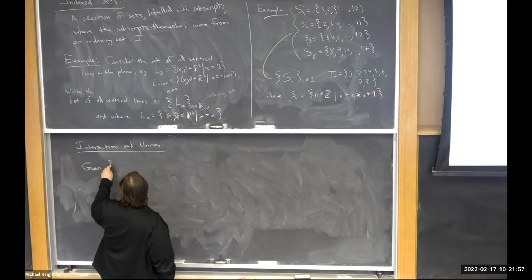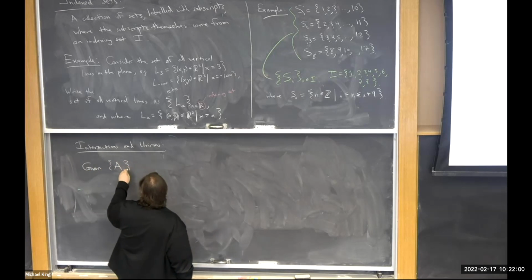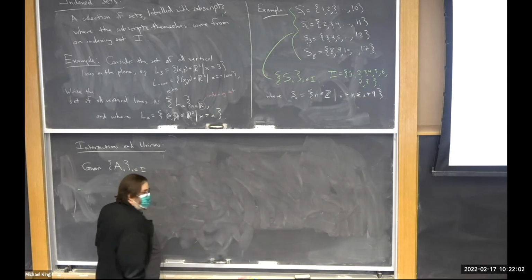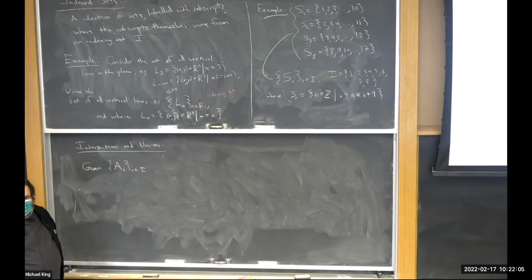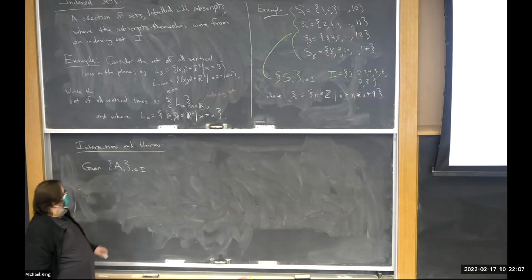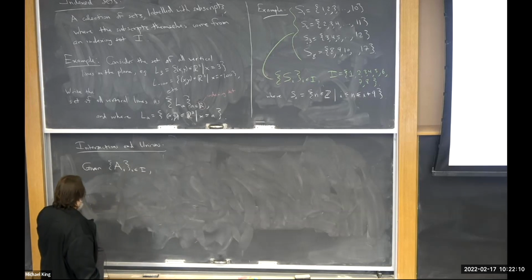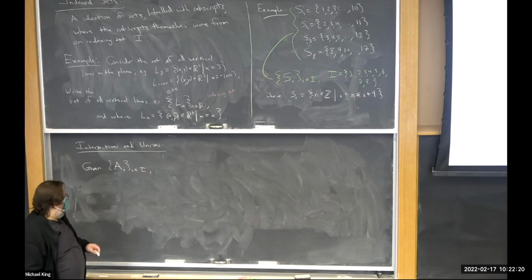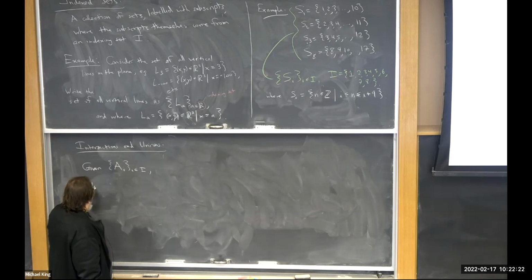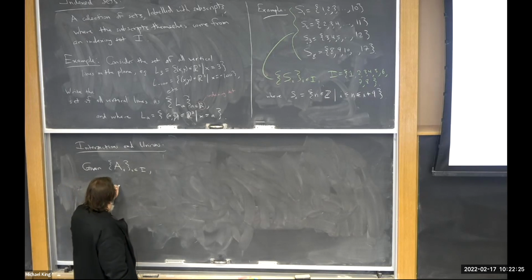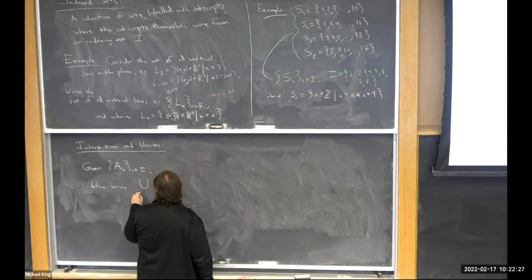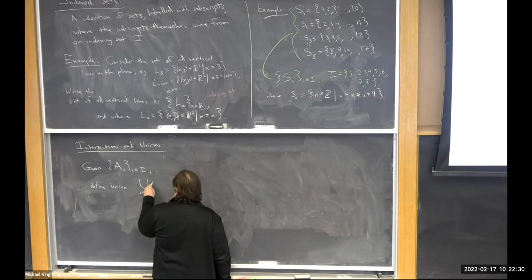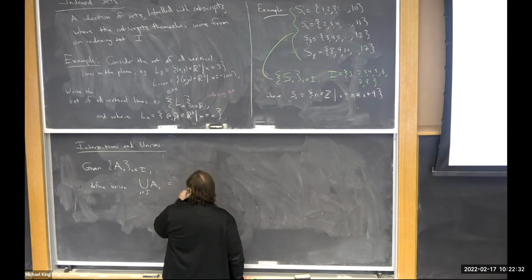So given some abstract set of index sets, the sets A sub i, where i is in I, we can define the union. And what we do here, it's kind of like summation notation where you use that big sigma for the pluses. There's a big union symbol, so we define the union, and we use this kind of symbol. And that's defined to equal